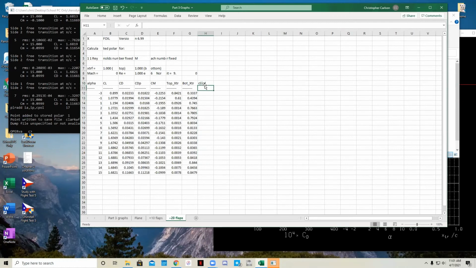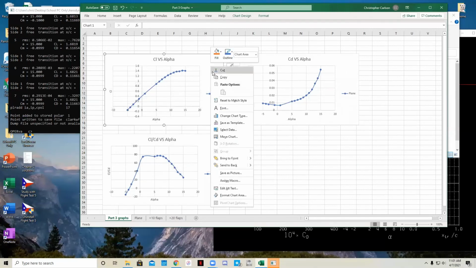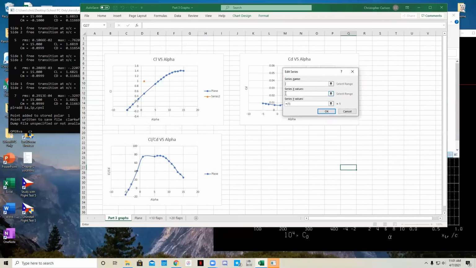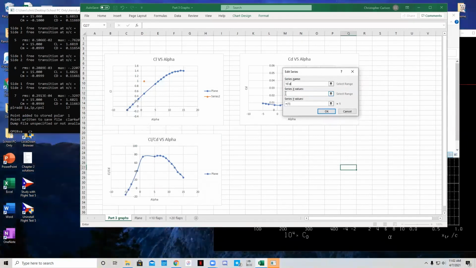CL over CD equals, and drag that down. Our graphs, come over to CL versus alpha, select data, add, we'll do 10 degrees flaps,